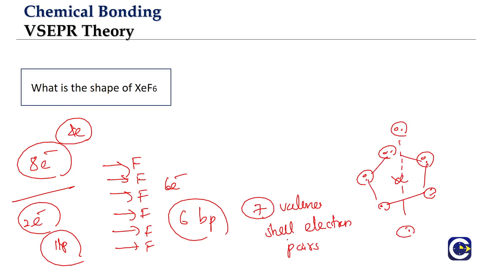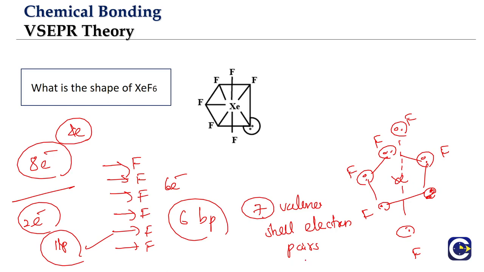Now the thing is, in pentagonal bipyramidal, where will the lone pairs go? What is the preference for the lone pair? In trigonal bipyramidal, the lone pair will go for the planar, equatorial position. Octahedral means axial. Pentagonal bipyramidal means again planar. So one of the plane positions is taken by the lone pair, means the other positions will all be for fluorine. So we'll have 4 fluorines in the plane, 1 above and 1 below. If you look at it, this is the arrangement we'll have.